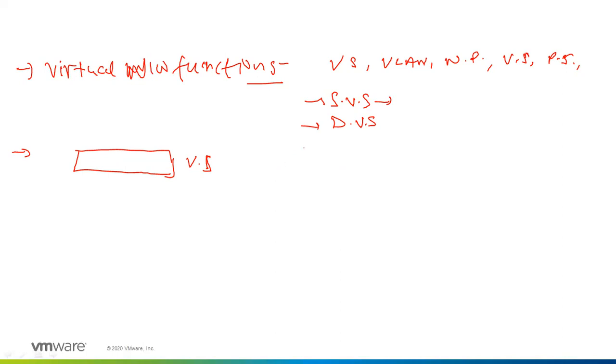For example, if we want to publish a VLAN into a standard virtual switch, we need to repeatedly configure it on all the other standard virtual switches, because this is something we do at the host level,